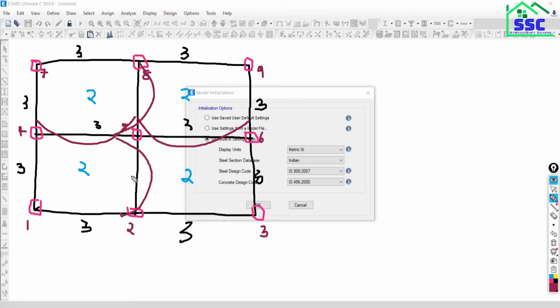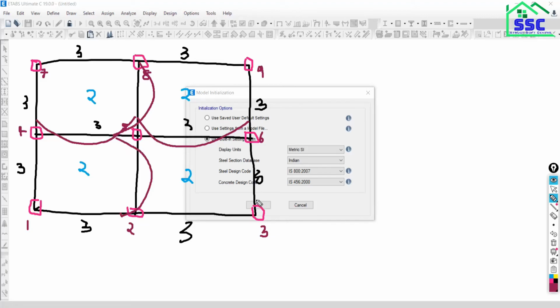Here 2 kilonewton, spans are the same, everything is the same. So the moment that is going to generate here from this side will be the same, and from this side will be the same, and that will be cancelled, and from this side that will be cancelled. So this column is actually going to be subjected to only concentric load.